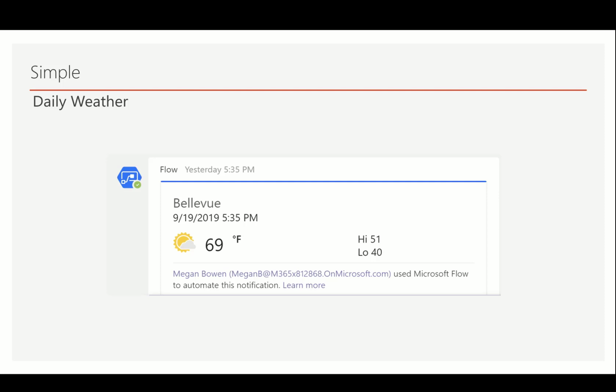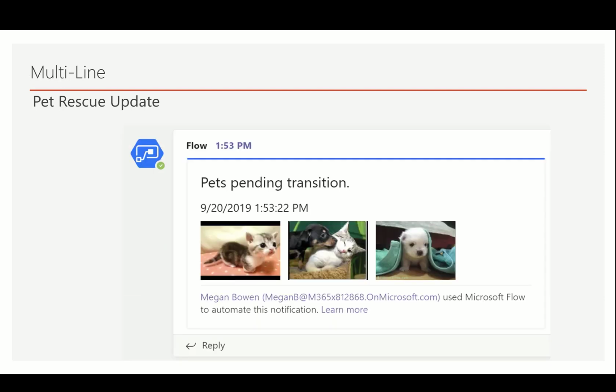Also, as we work in Office 365 and Dynamics 365, it's rare that we just need one record. So how do we do multiple records, so that we can query dynamically for data and pull it into our adaptive card? In this particular case, I'm going to show you how we handle a fictitious scenario where